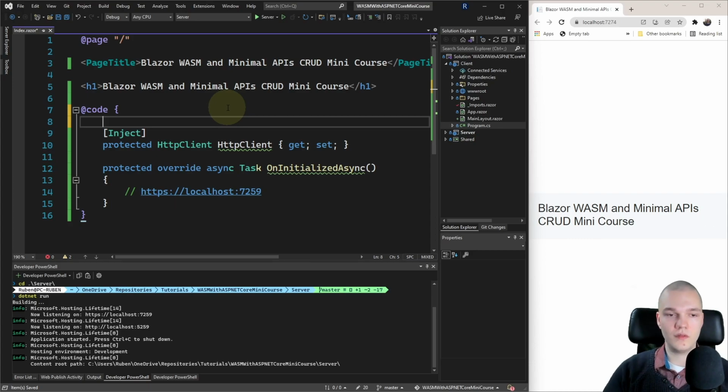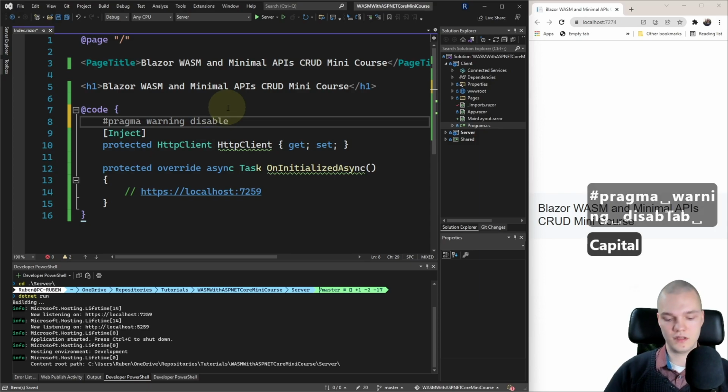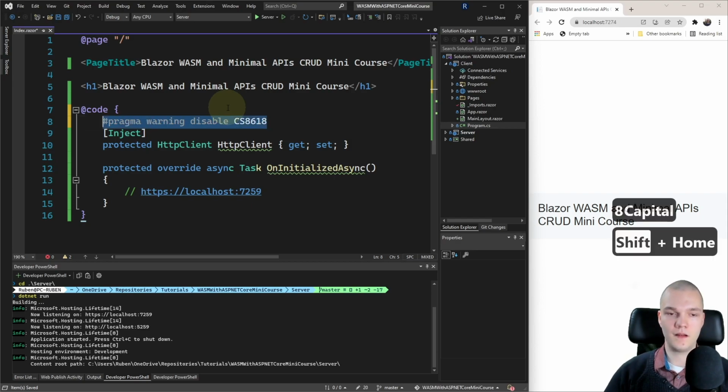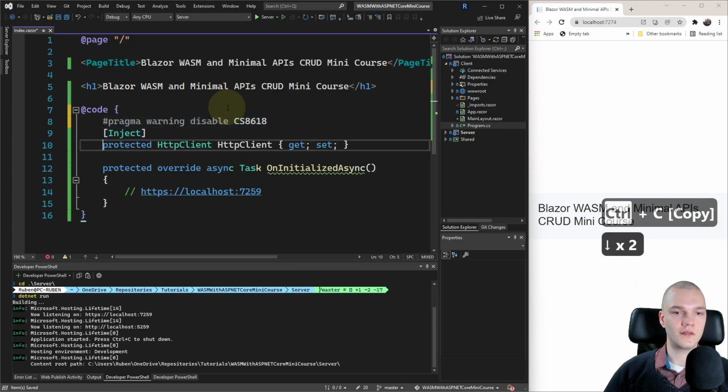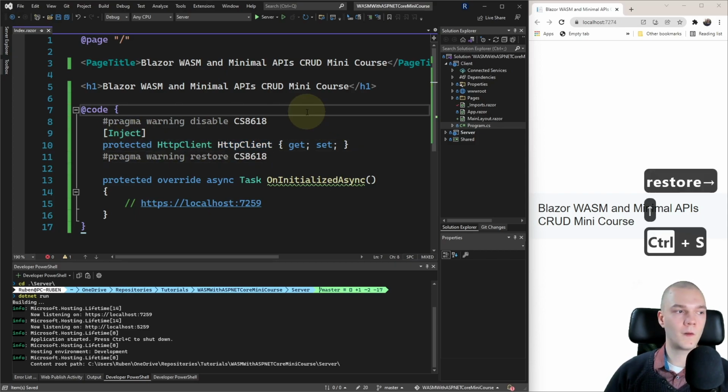So I'm gonna do hashtag pragma warning disable and then the warning code, which is CS8618. And I'll copy that line, go below the HttpClient and paste it. And instead of disable, I'll do warning restore. Alright, save that.